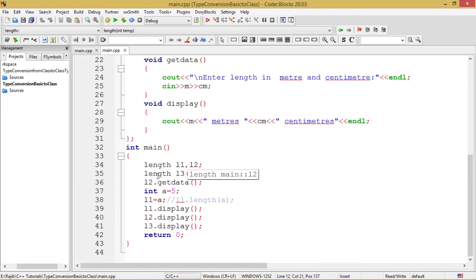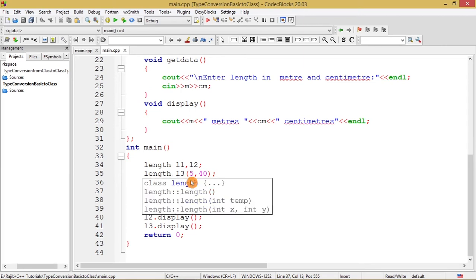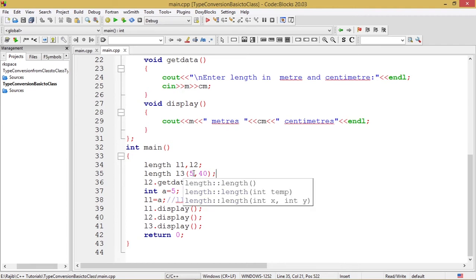After that, I have instantiated the class Length with another object L3 and supplied two arguments. Obviously, it will invoke the two-argument parameterized constructor, that is 5 will be assigned to m and 40 will be assigned to cm.